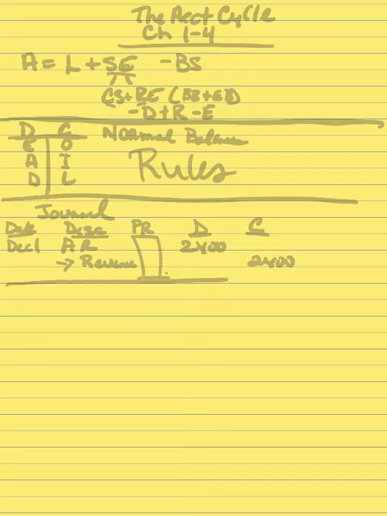So this is the journal entry. You wrote the debit. You wrote the credit. You wrote the dollar amounts. Now you go to the ledger, the general ledger. All these are vocabulary words. You go to the general ledger. You look for these accounts. Accounts receivable is under the